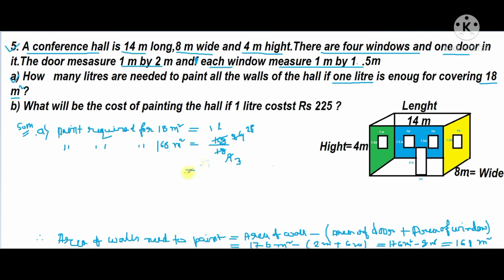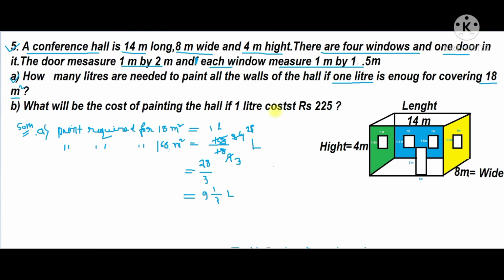So now you see numerator is 28 by 3, right? And now we'll convert into mixed number. Then 3 nines are 27, right? So here we'll write 9 1 by 3. Okay, so how many liters of paint are required? So now 9 1 by 3 liters of paint are required to paint this wall. Okay, so now next